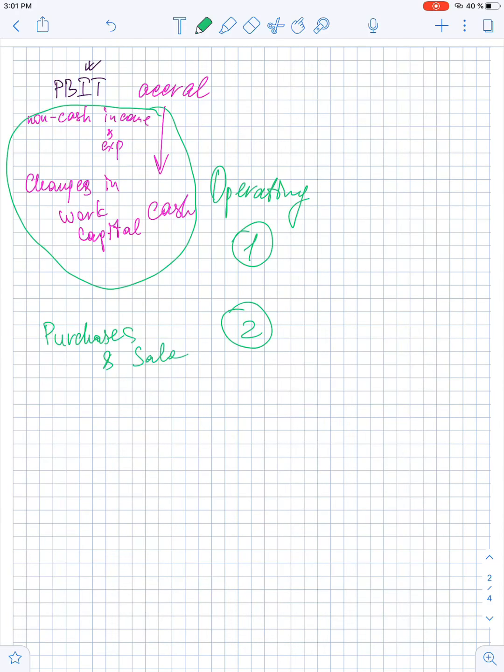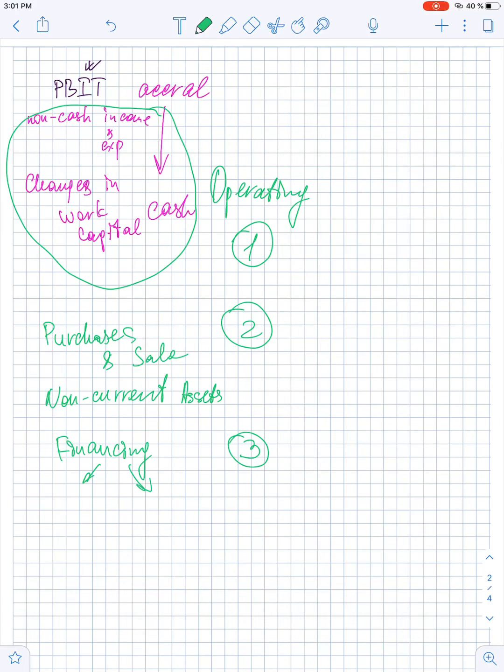of non-current assets, which are fixed assets mainly, and sometimes we're going to face intangibles, or maybe some investments. Investments should be considered as non-current asset also. Non-current assets, purchase and sale. And the last section of the cash flow statement is the cash from financing activity or cash used in financing activity. So here we have to look at the sources of financing our business,